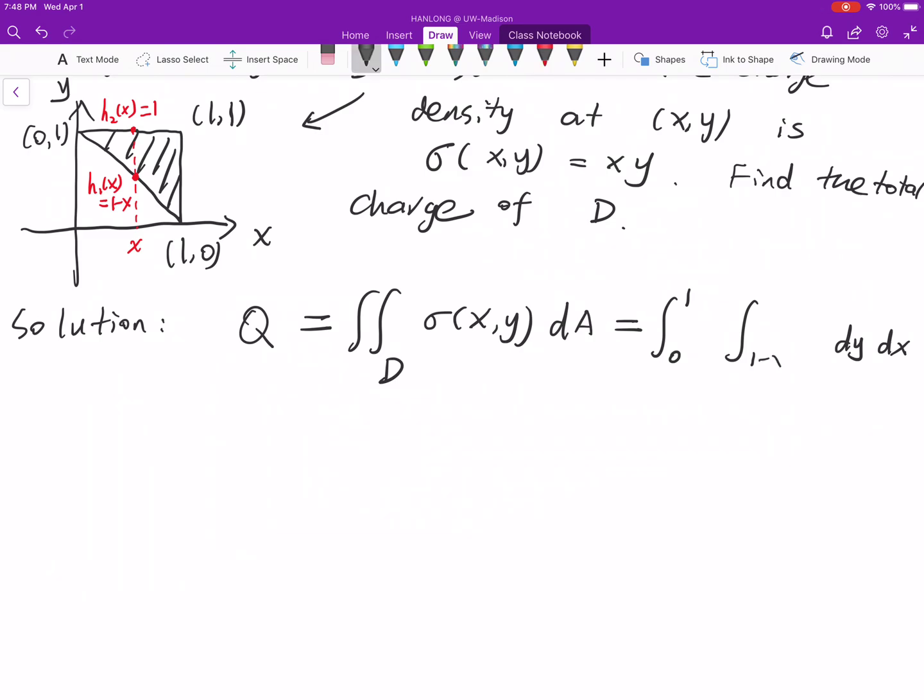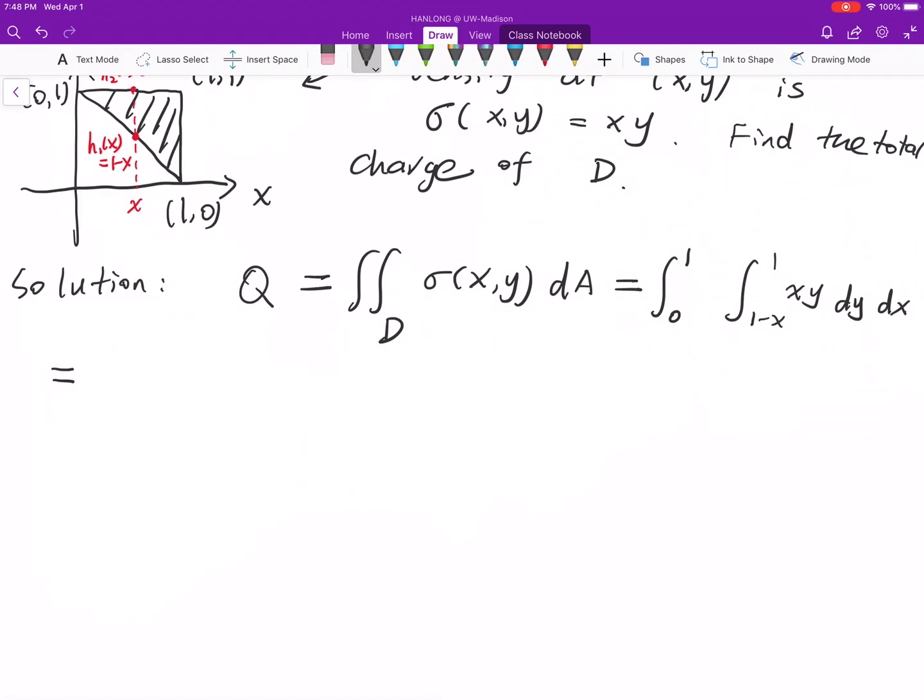Therefore, here you have 1 minus x to 1, and inside you have x times y. That's the formula for sigma(x, y). Okay, now we can integrate it. You have x y squared over 2, from 1 minus x to 1, 0 to 1 dx,